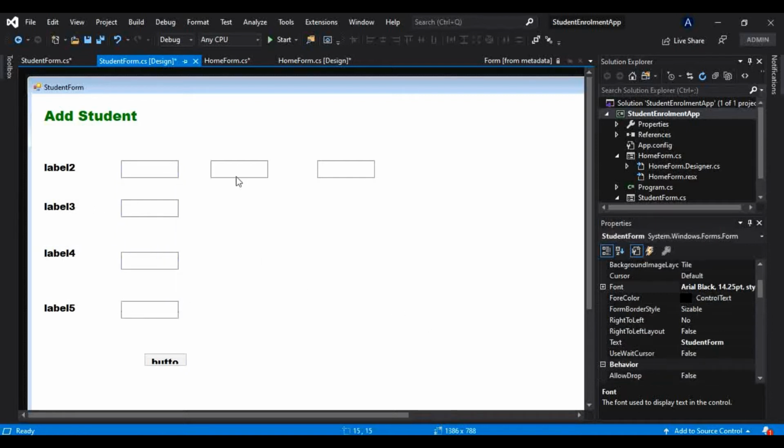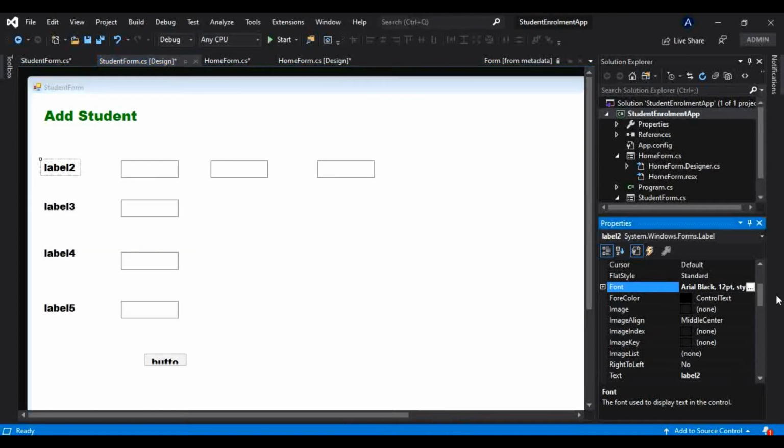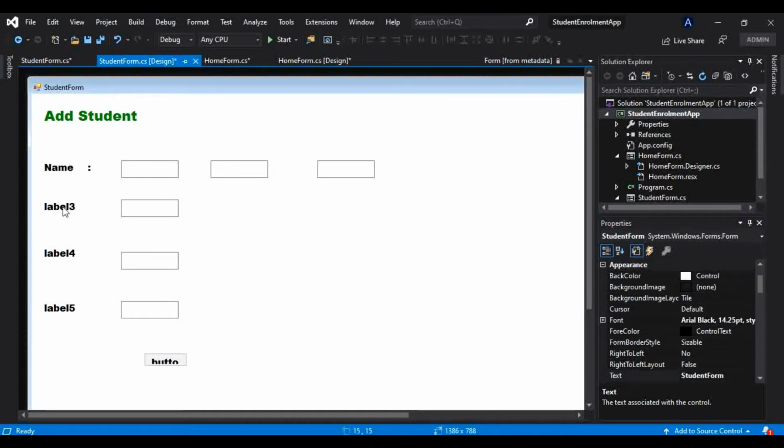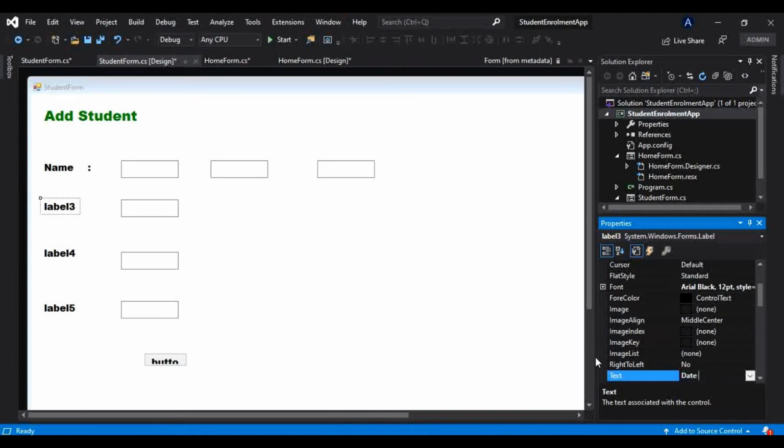Okay, now what I will do, I will change this name so that you will understand why I have taken these labels and these text boxes here. So I will name this label as name, like this. So here it is a name. This should be a date of birth, maybe date of birth.